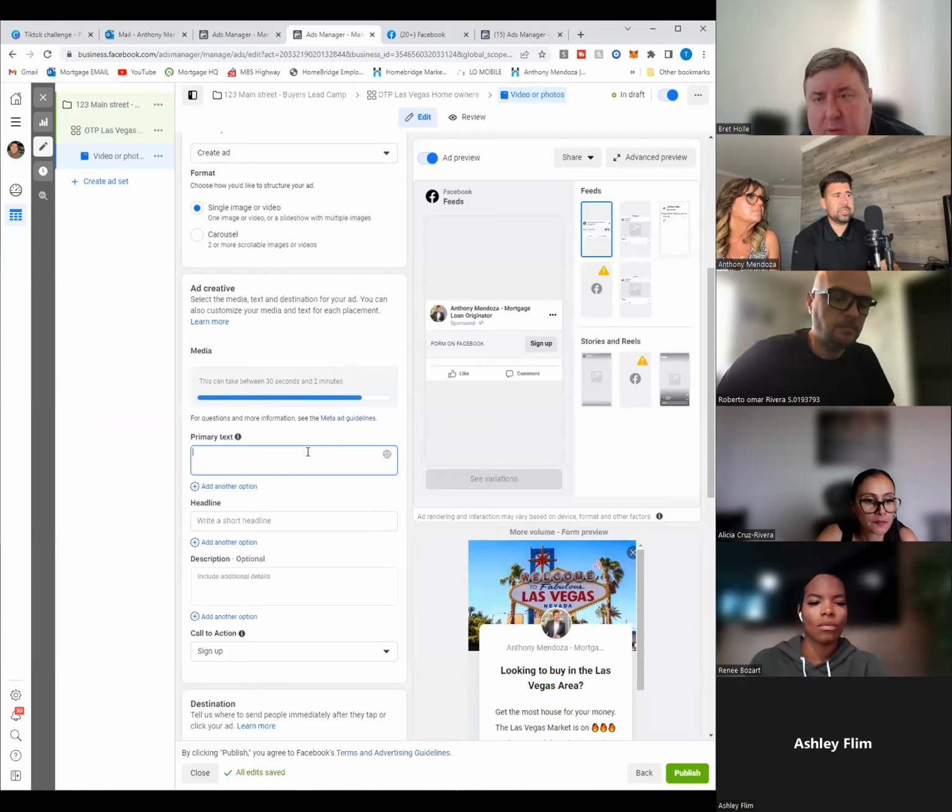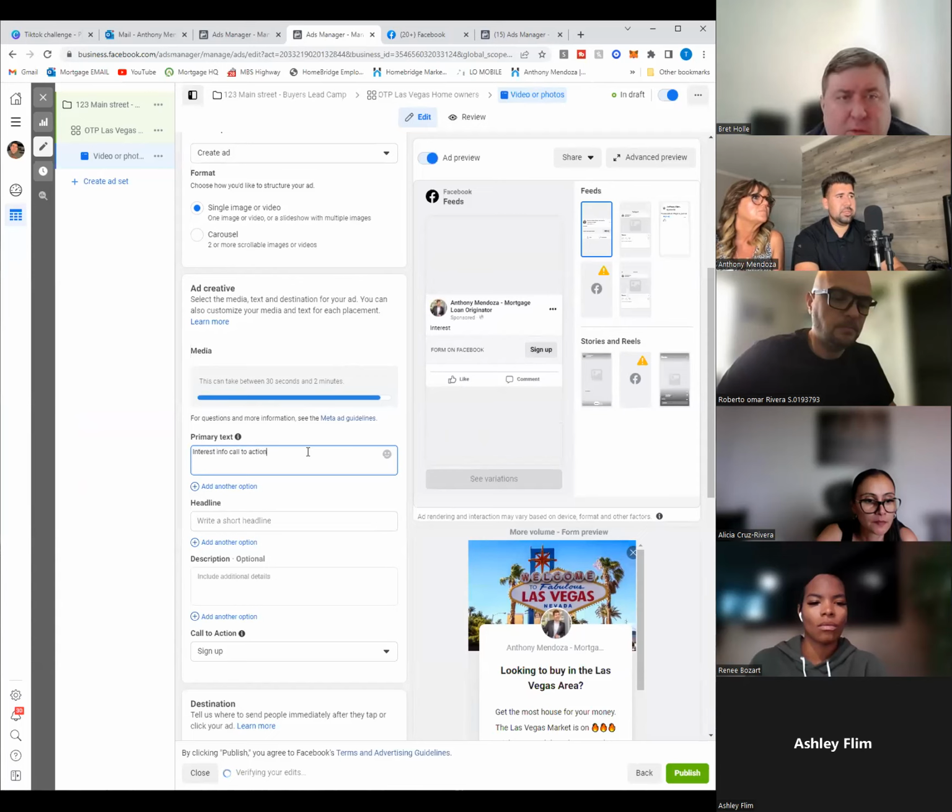So while that's uploading, we're just going to go through and add some text. So again, we want to break it down to interest, info, call to action. So these are our 3 sections. So for interest, we're going to say